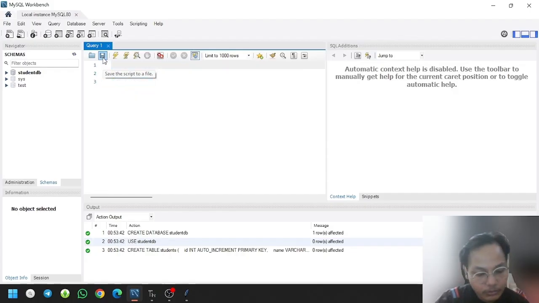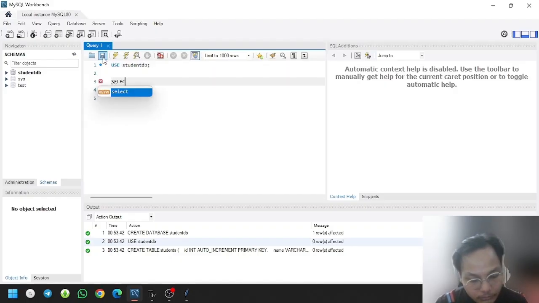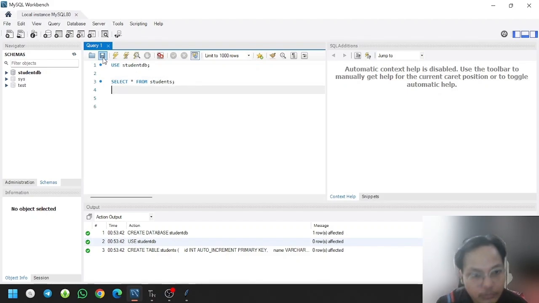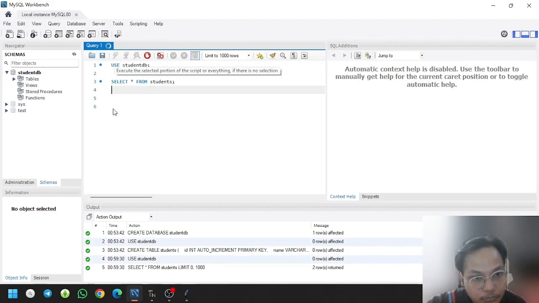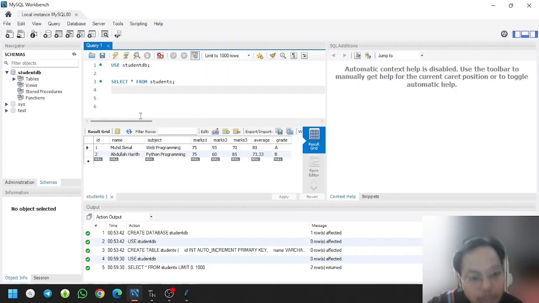Okay. So use student DB, select from students, and I will run the SQL. As you can see, it will also show in the SQL Workbench. Number 1, Ikmal, web programming 75, 95, 70, and for the grade point average 80, grade equals to A, and for HARITH